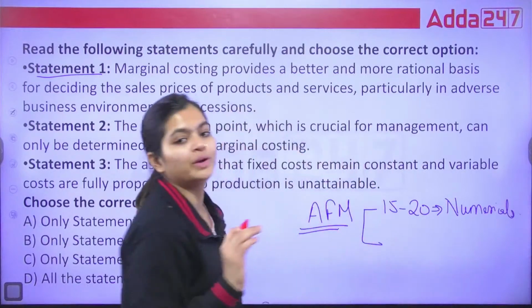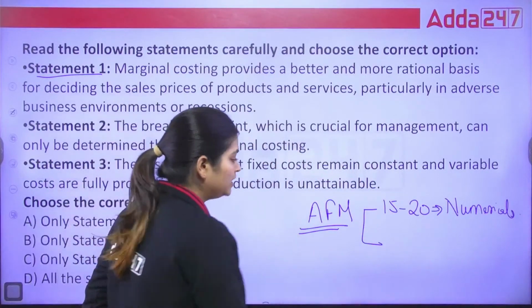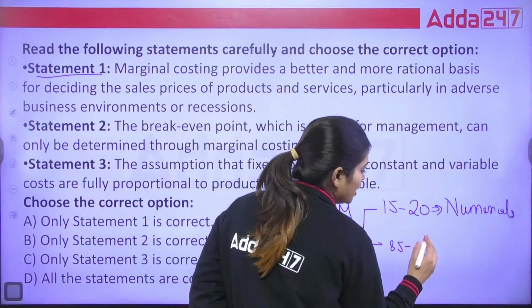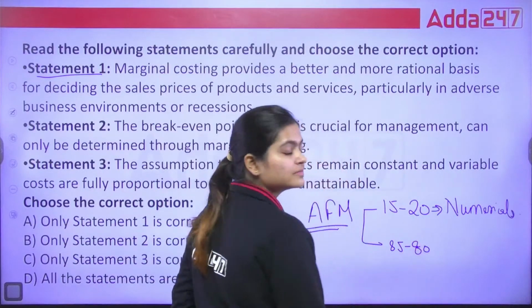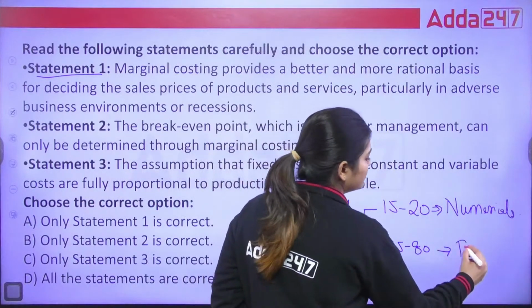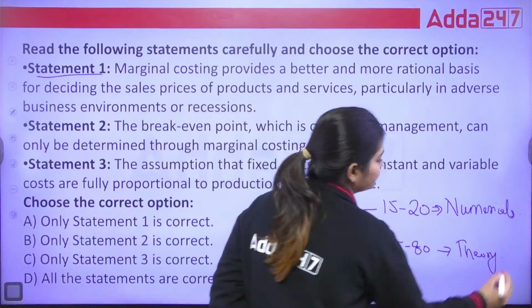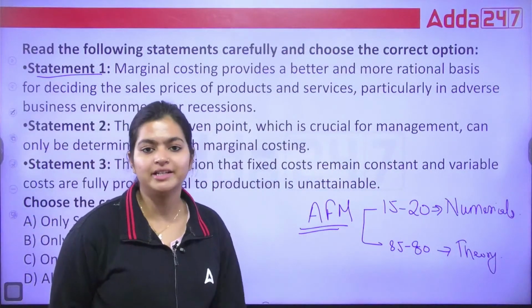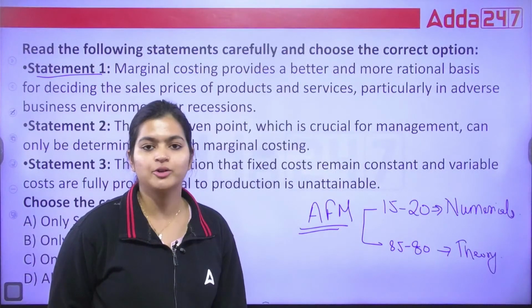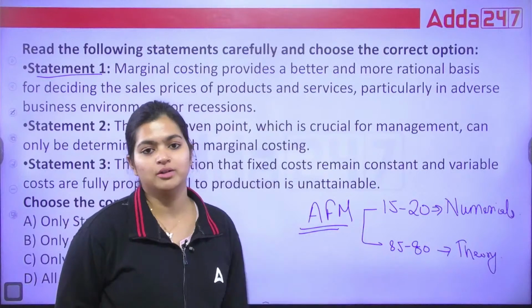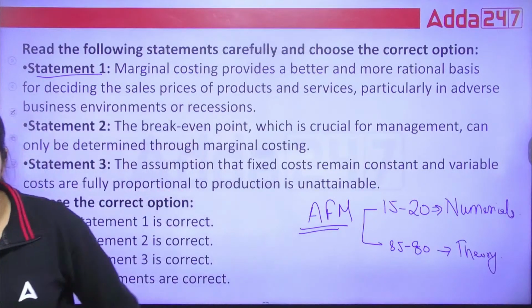But your remaining 80 to 85 marks is your theory. So if you are planning that with the help of just numericals you can clear it, that is not at all possible. You need to study the theory part also. So please try to participate and tell me